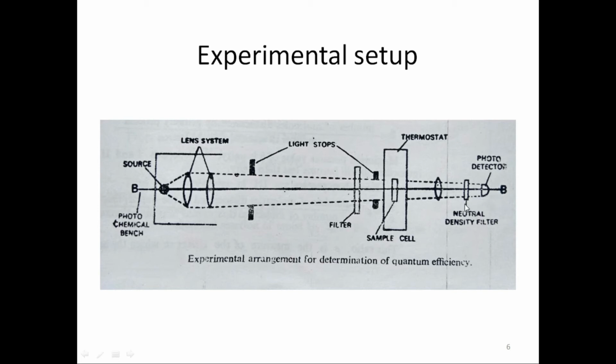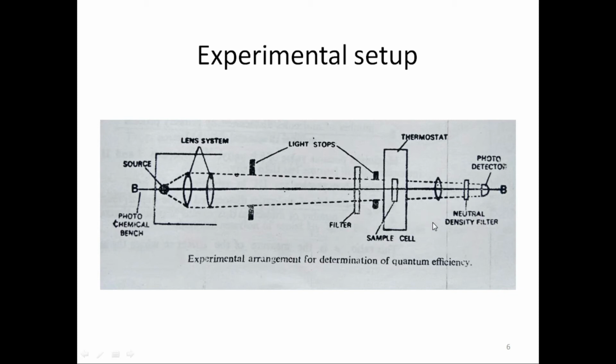Neutral density filter is monitored in its fluctuation in excited light. The reaction cell is either made by glass or quartz. Quartz is used whenever we are using UV light. The amount of energy absorbed is determined by measuring the intensity with the empty cell and with the cell filled with the solution.